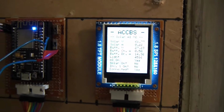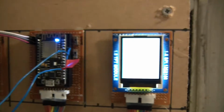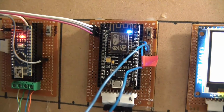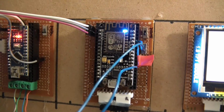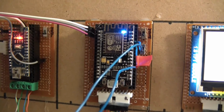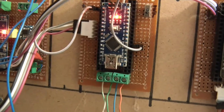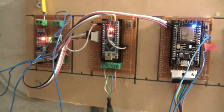So the problem is here somewhere. It's not anything to do with the server, it's here. So the problem exists here, so let's see if it exists here. And it does exist here. I've had a look through the serial, and it does exist. It also exists here. And the way I know this is because if I was to disconnect this, in fact